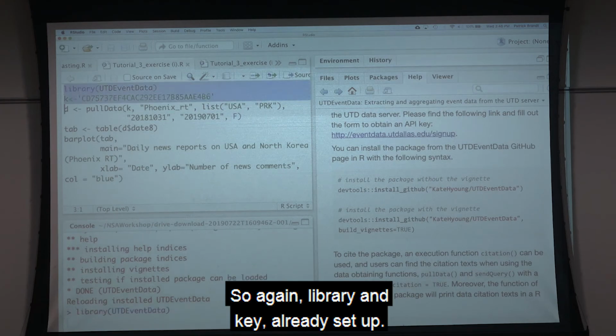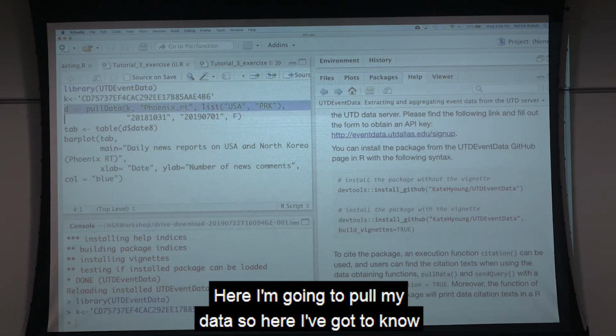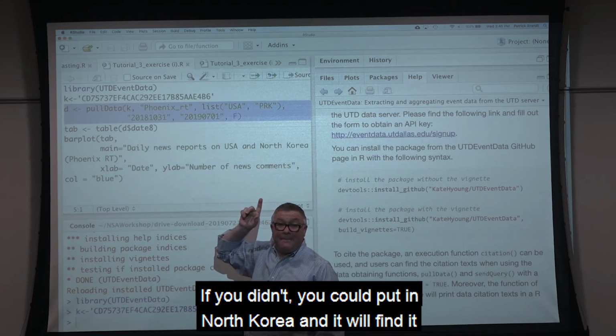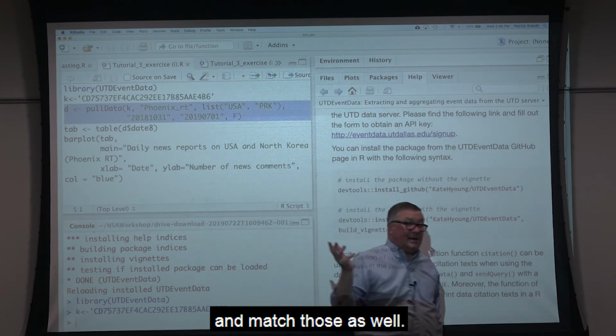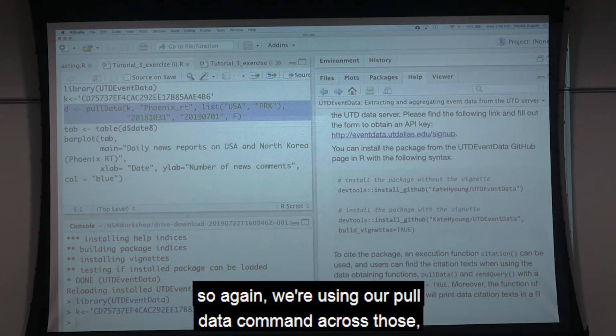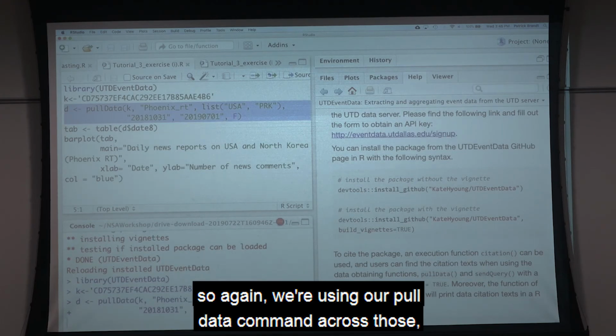So again, library and key already set up. Here I'm going to pull my data. So here I've got to know that the ISO code for North Korea is PRK. If you didn't, you could put in North Korea and it will find and match those as well. This is going to get this over the relevant time blocks. So again, we're using our pull data command